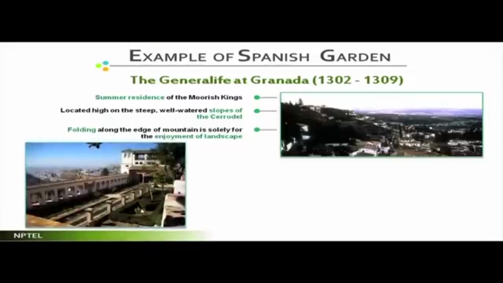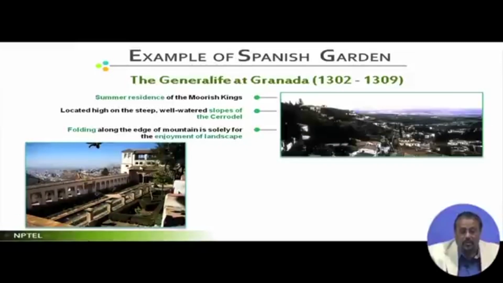This is one such picture in which you will see that on the left hand side is down the hill, and this is the place where the ruler used to stay or sit, and behind this is the ladies' area, which we call the harem, and this is the area where we have a channel of water which is flowing, and they have a mosque on this side, and the higher altitude is on the right hand side.